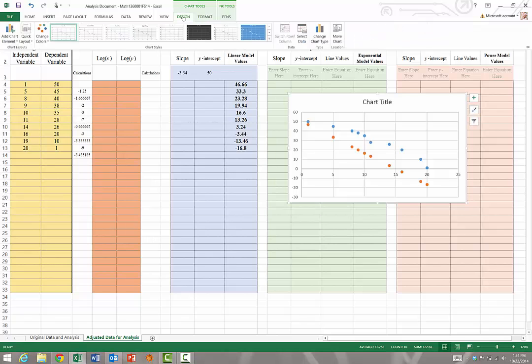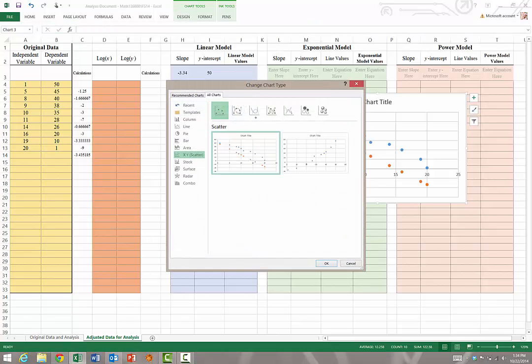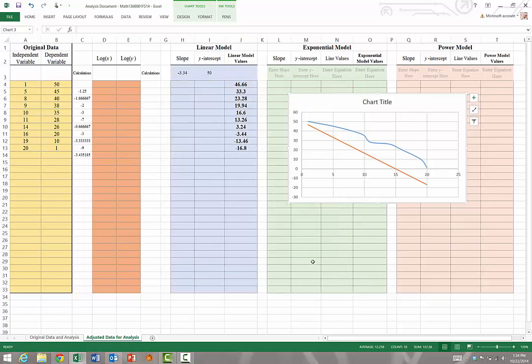I'm going to do one other thing. Let's see, format the design. I want to go ahead and make it one of these charts for our models. This will be helpful because we don't really care what those points are as far as determining if this fits the data or not. We just care what that line is. So that line is significantly below